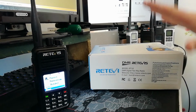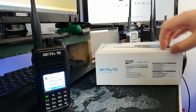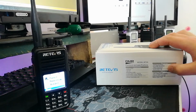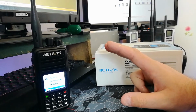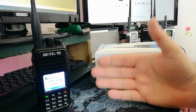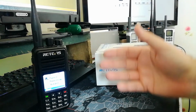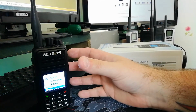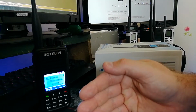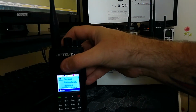So as I say, it does 5 watts on high power. Have a quick look at the box there. We've got the RT3S, some of the specifications being dual band. There are 2 firmwares for this radio. One allows up to 8 hours of recording, so if you're having a nice transmission with somebody, or you want to keep a log of your transmissions, that's a really good feature, so you can record up to 8 hours. The other firmware you can put on will allow up to 120,000 DMR contacts